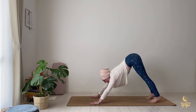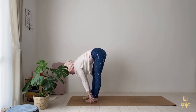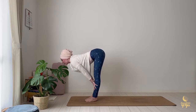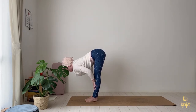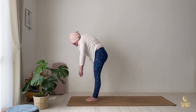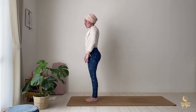Now look at your hands and walk towards them. Let's take it halfway up. Inhale, hands on the mat or on your legs. Straighten the spine, open the heart, collarbone wide. And exhale, fold. Inhale, let's roll all the way up. To take the sun salutation,